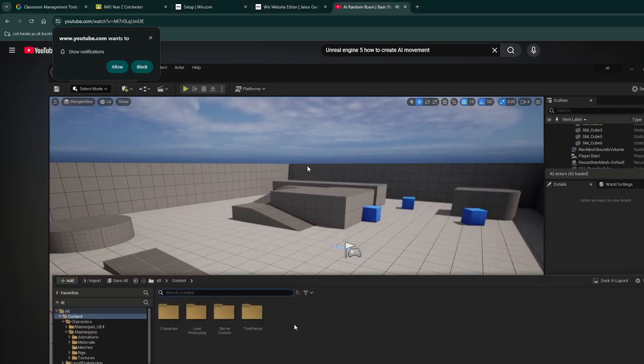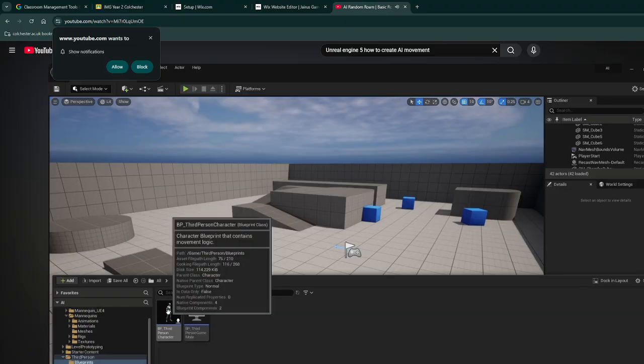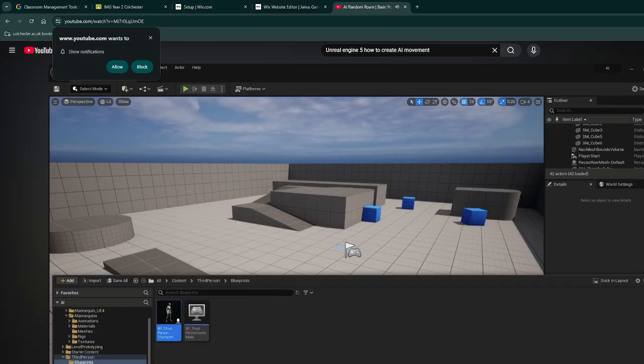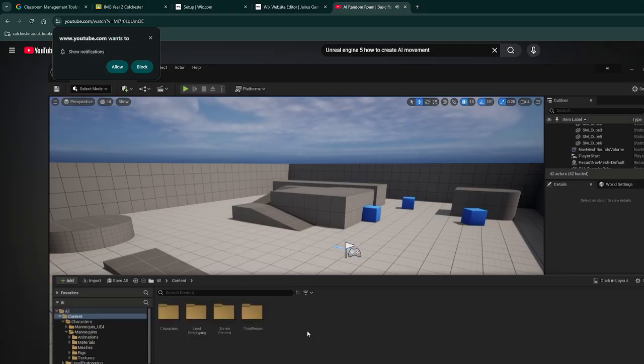Press Control Space to go into our content browser, and what I'm going to do is go into my third person folder, blueprints, and select and copy, so hit Control C, my third person character blueprint. I'm going to go back to the folder where I want my AI and hit Control V to paste